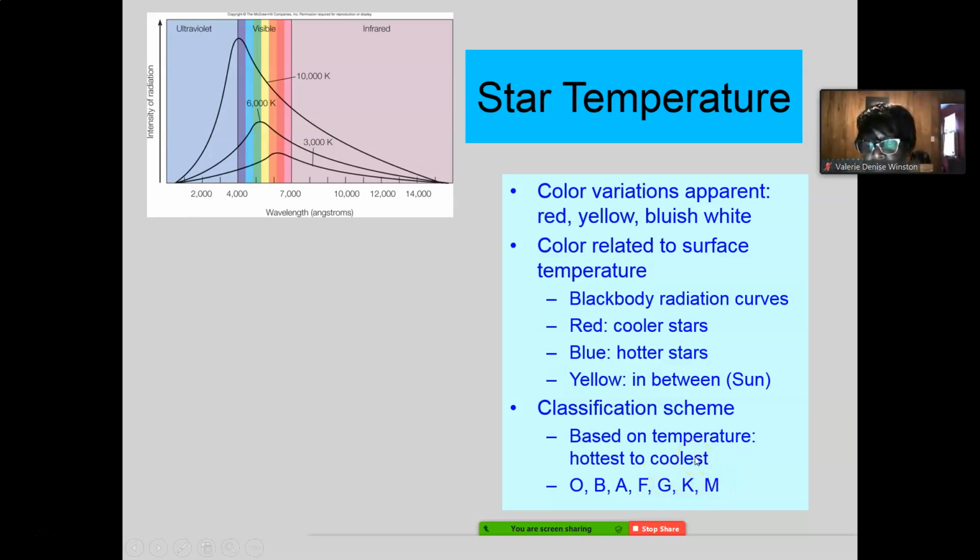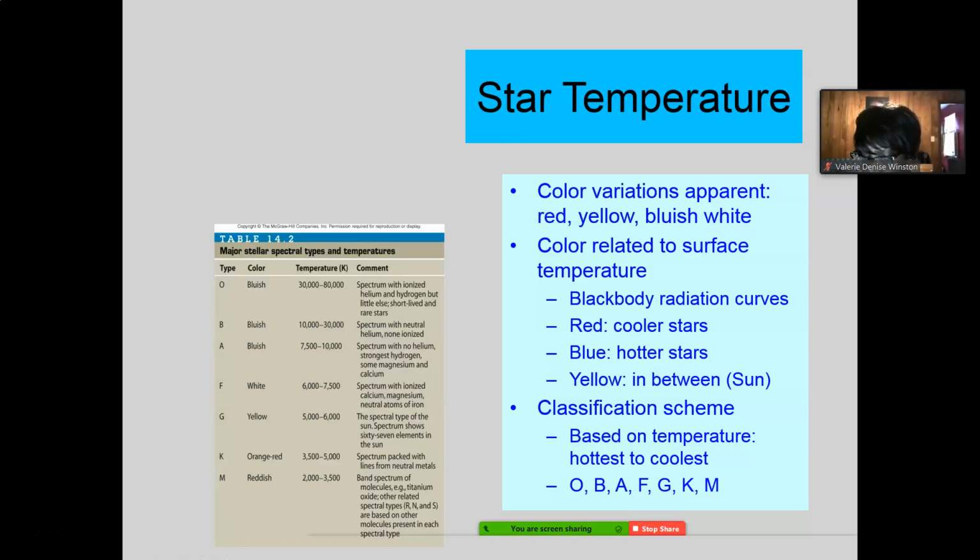You don't need to memorize these letters. The thing to remember about them, we're a G, right in the middle, okay? Now, here's how those work. The O's are bluish stars, very, very hot. This is surface temperature, 30,000 to 80,000 K. That's incredibly hot, okay? Now, they're very short-lived and very rare stars. To be that big, they don't last very long, maybe only a million years or two, okay?